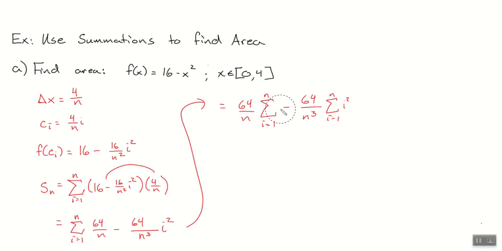When I don't have an argument to my sum, just like when we don't write numbers elsewhere, what do you think the argument is? It's a 1, and we can write the 1 there. It's more proper to write the 1. We could have kept the 64n, or 64 inside, and then just done the same thing. This is how I view this, though. So we get 64 over n times, what's this sum become? Just n. Yeah. Minus 64 over n cubed, and this one is n times n plus 1 times 2n plus 1